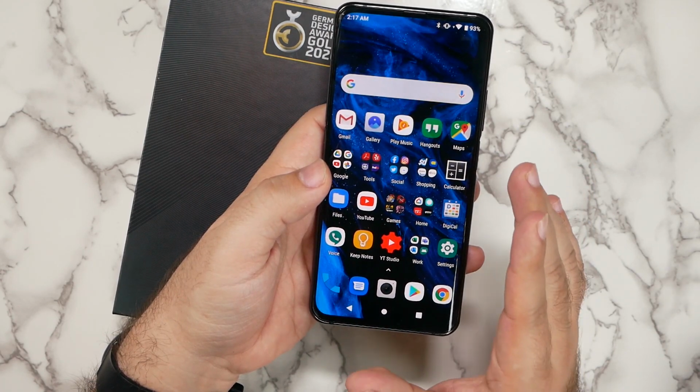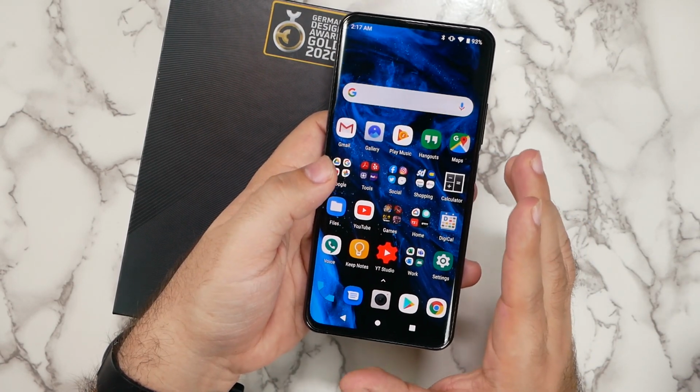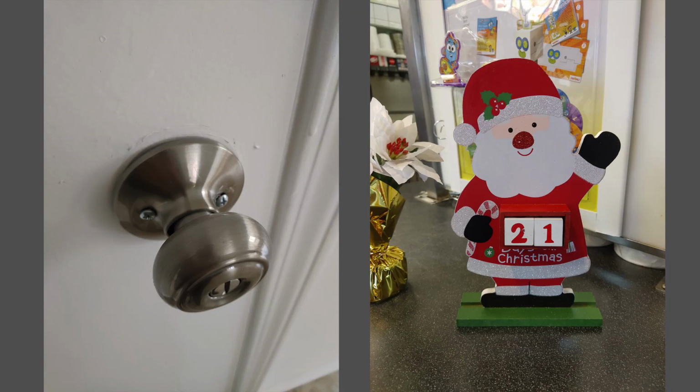The one thing I will say though is the camera is okay. I feel like in certain scenarios it really is great, but then in other scenarios, it's just okay. When you have well-lit scenes, I think you do very well with this phone. However, even in the night shot, it was very soft overall,